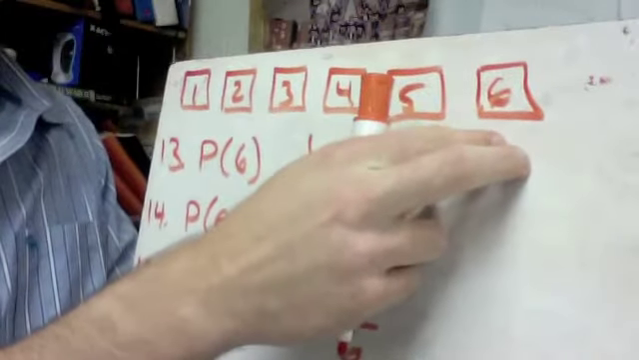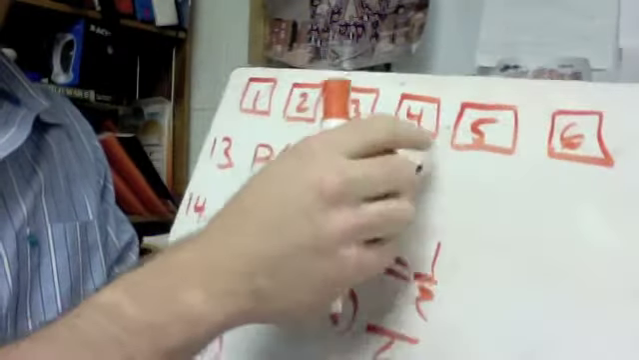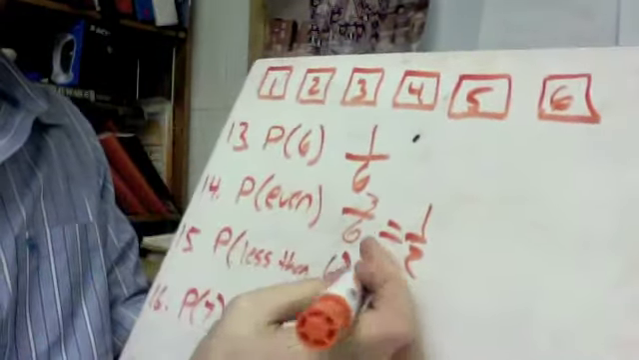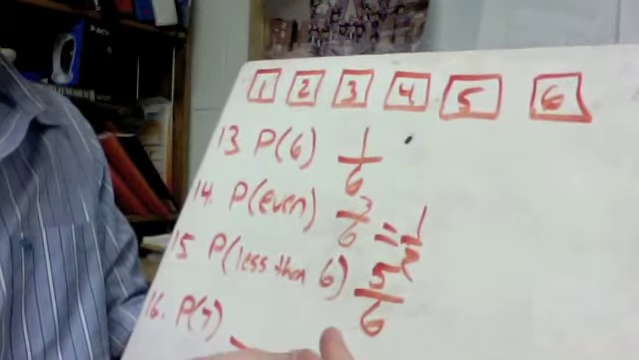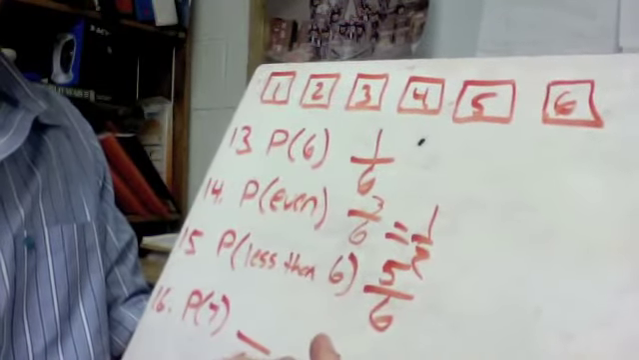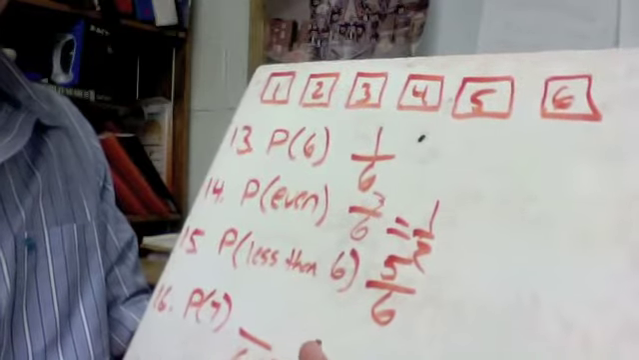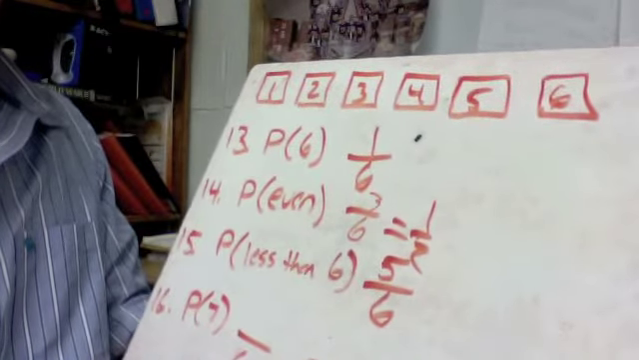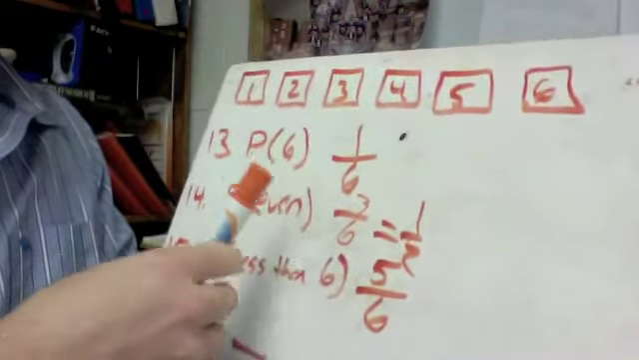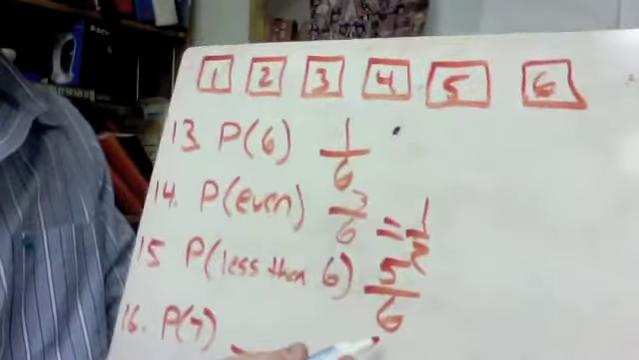6 isn't less than 6, so we can't include that. So we'd have 1, 2, 3, 4, 5, so that would only be 5 out of 6. I was thinking if it would have said 6 or less, you just have to kind of think of the wording, then it would be all of them, but since it's less than 6, we've only got 5 of them that are less than 6, so it's 5